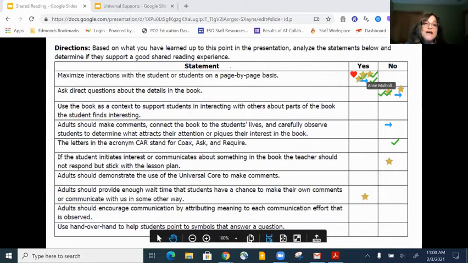Use the book as a context to support students in interacting with others about parts of the book the student finds interesting. What do you think about that? Yeah, so that's a good way to encourage some interaction if you're reading with a group of students. That's a great way to interact with each other about, I have a dog, has a nose. Does your dog have a nose?